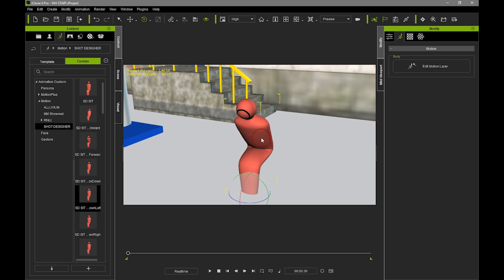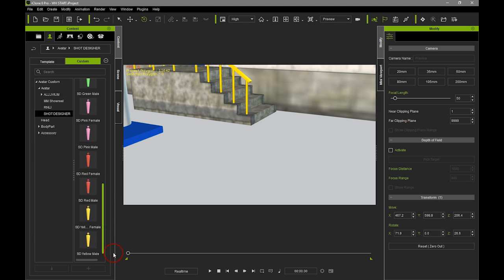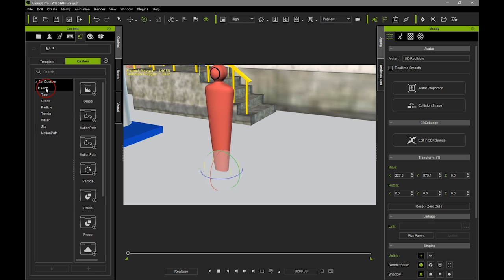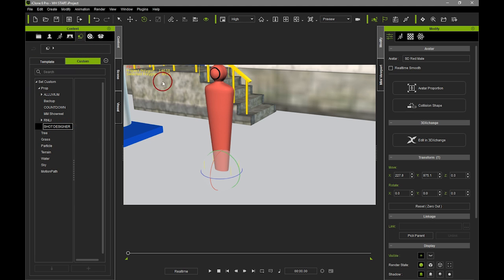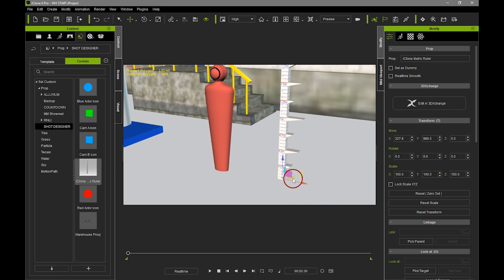Okay, so let's get rid of our character. Oh, one thing before I get rid of the character, let's bring our actor back in. I'll just show you one other thing I use when I'm working with actors like this. I also have a ruler, and if I go to Props, Custom, Shot Designer, I have a metric ruler, and I use this. I made this little ruler to tell me the height of a character,